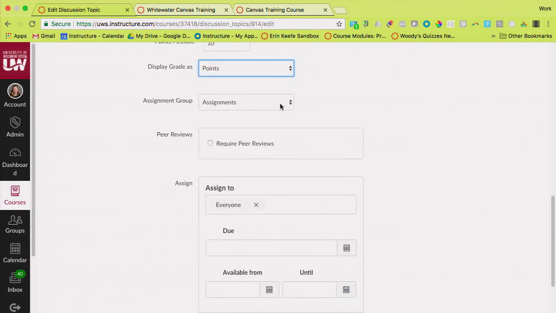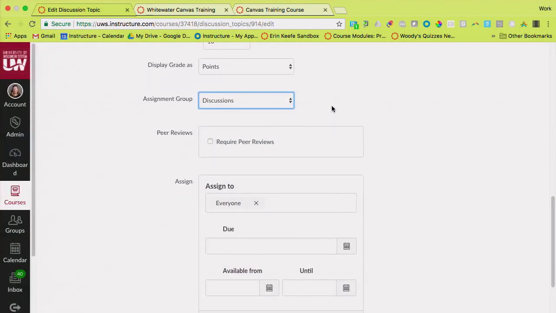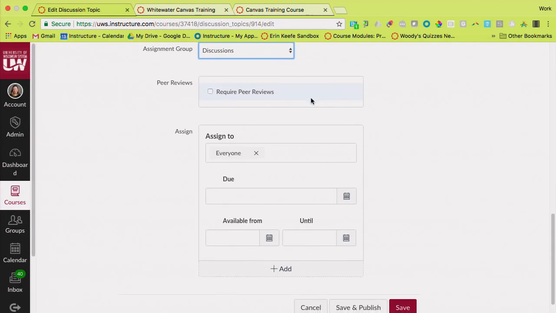Where do you set up this assignment group here? This is also about calculating your grades. If you use weighted grades, that's why it's asking which assignment group you want this to go into. So how many of you use a weighted grading system? Like where discussions are worth so much of your course and assignments are worth so much? When it's asking you for the assignment group, that's what it's asking for, for those people who keep a weighted gradebook. So you can either have that built already or you can create it here, and it's going to organize it for you. We'll be looking at that today when we look at the overall gradebook and how that happens.